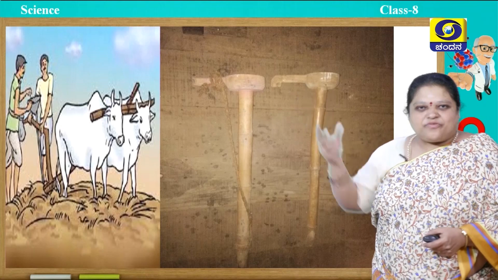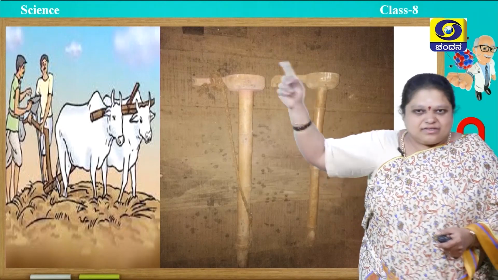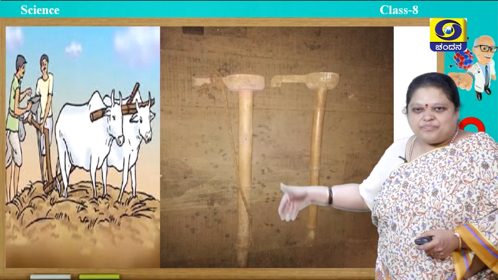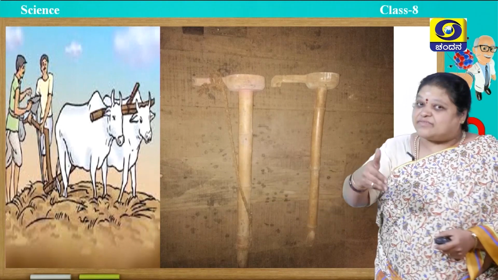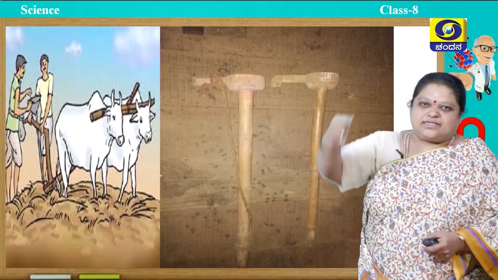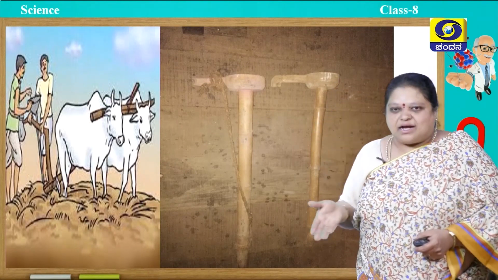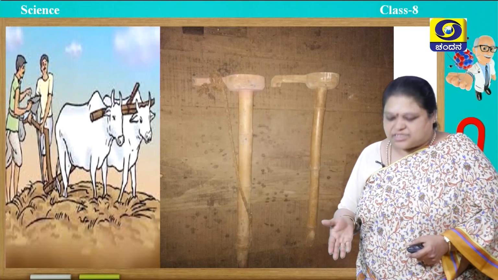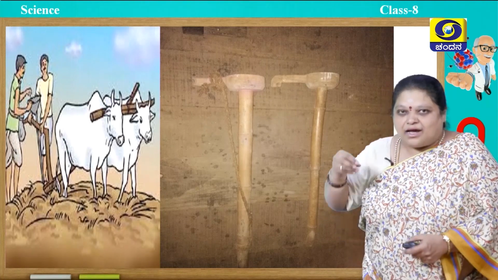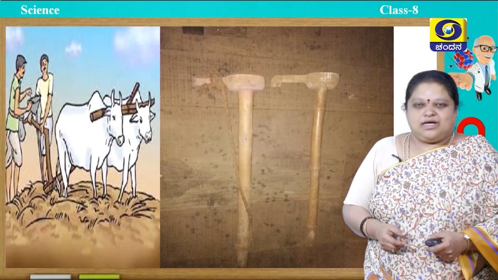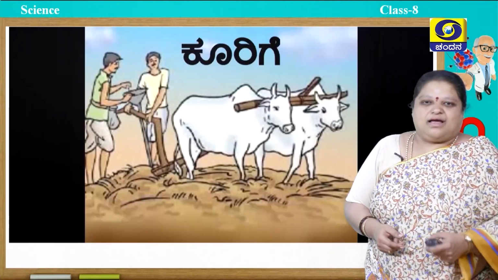At the top you find a funnel like structure. Then the long tube like structure. At the end you can see it is very sharp. So like that, on the top in the funnel like structure they will put the seeds, and the bottom sharp portion will pierce through the soil and put the seeds there, and then it is sown. We can see it in detail.